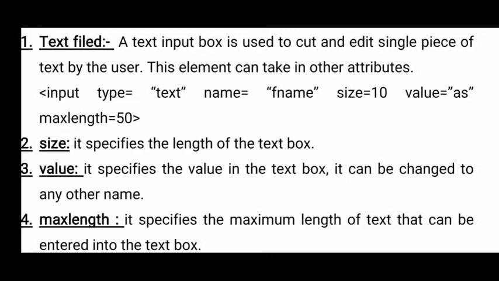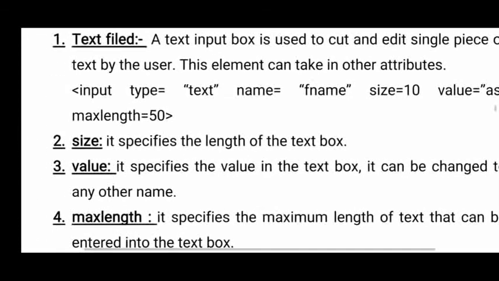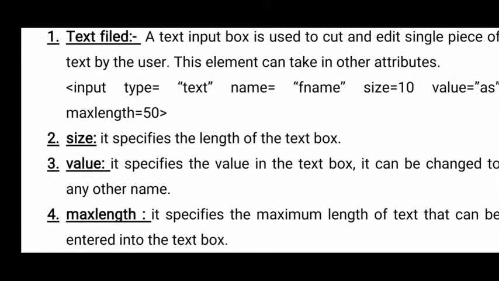Example, classroom size is 100, meaning 60 students can sit in the classroom, that is the size of the classroom. But in that class, for every class there are only 50 students, maximum 50 students, that is the maximum length. So whenever you are creating a field, the box size you should give means how many possible characters the user can enter, that is the size. But how many characters you are restricting the user to enter, that is the maximum length. Okay, so this information you can give.